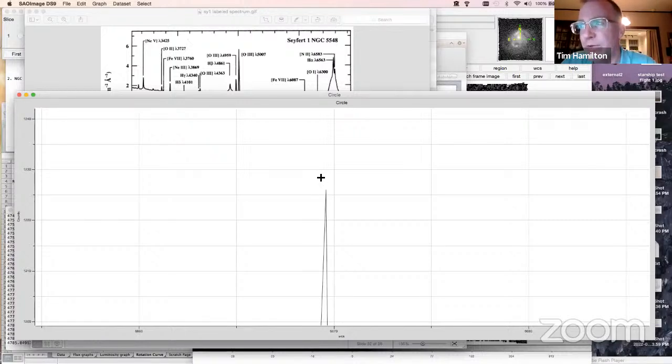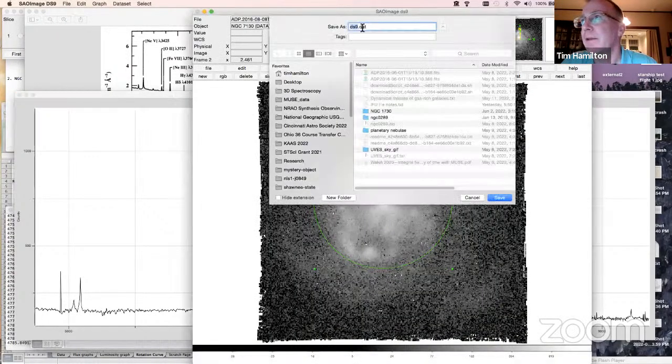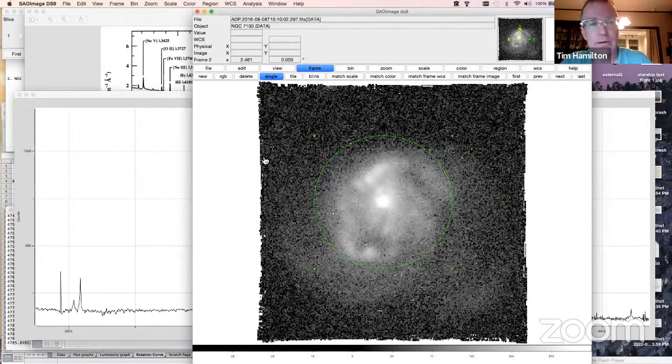It may be more convenient to download the data set. Hold on, let's go back. If you've selected your spectrum, you go to File and Save Data. And it says ds9.dat. You can label it whatever you want. It is a text file. Your computer might not recognize it as a text file. If you put .dat, you can put .txt or whatever. And all it's going to look like is